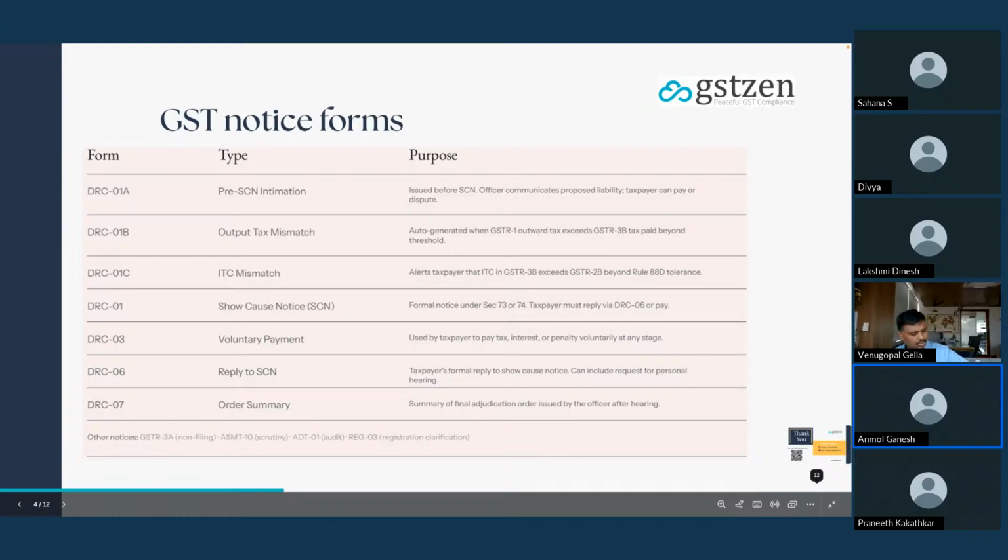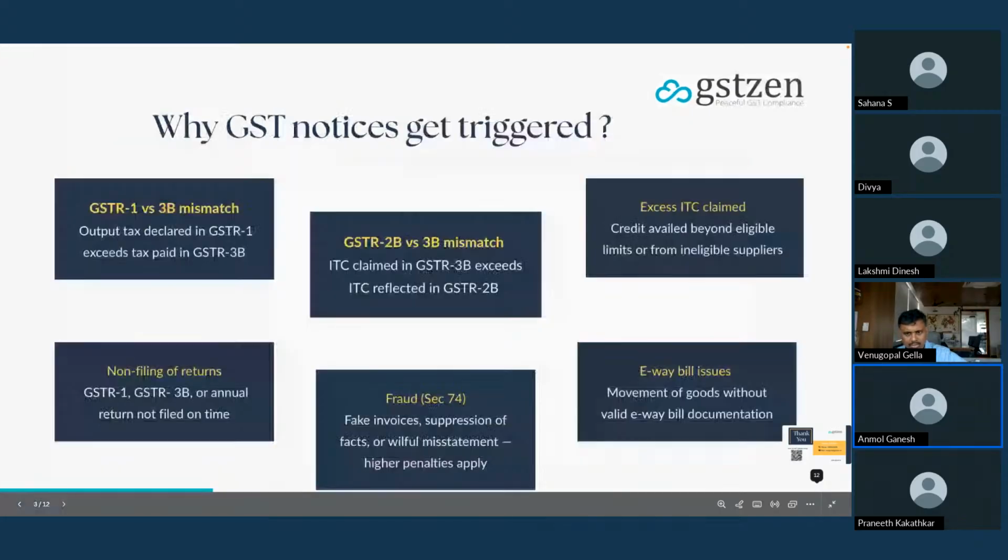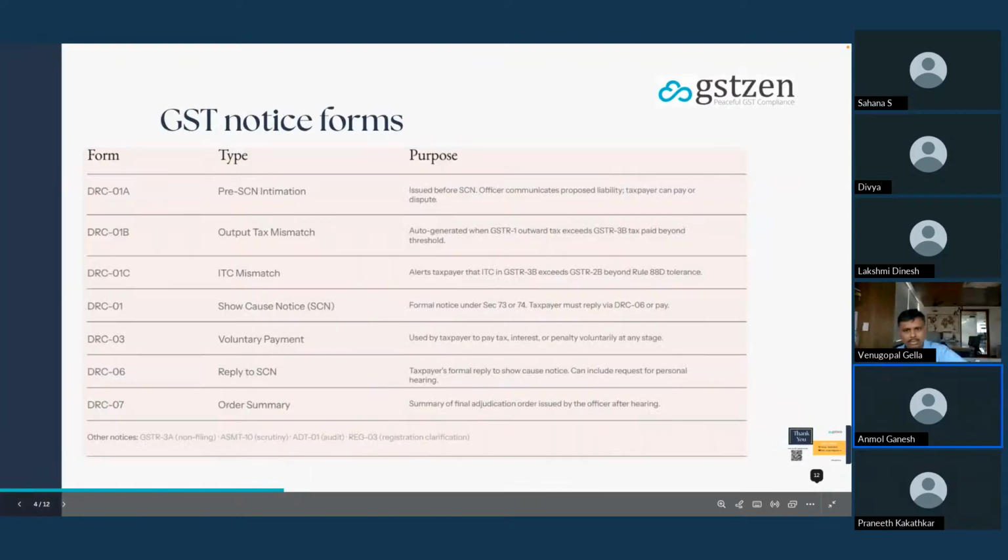Then we have DRC01C. It is a very common notice related to excess ITC claims from ineligible suppliers, or if the credit is availed beyond the eligible limits. It happens when the ITC claim is more than the ITC available in GSTR 2B.